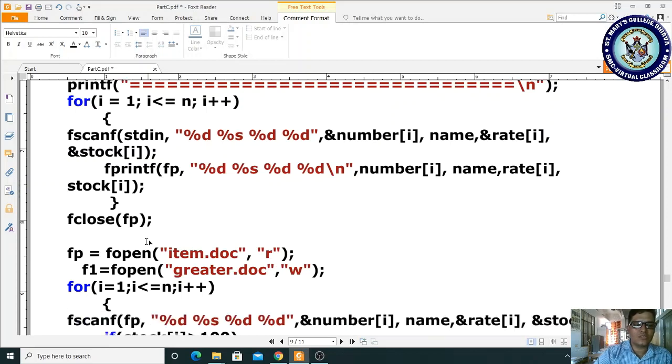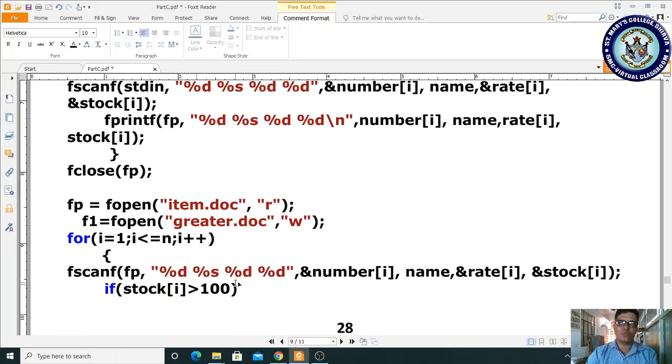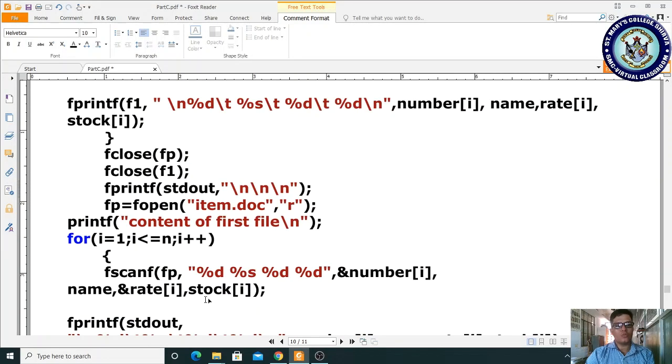For this I am using the same for loop. For i is equal to 1, i less than or equal to n, condition is true. I am writing the same fscanf function. The fscanf function is to read the value from the open file. Whatever file is opened, here it is specified that fp is pointing to item.doc. I am accessing these values, and now I am checking the stock information. If stock of 0 is greater than 100 and this condition is satisfied,